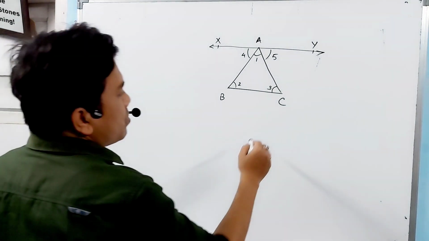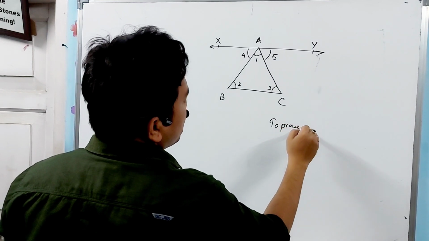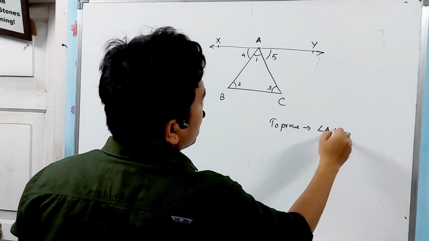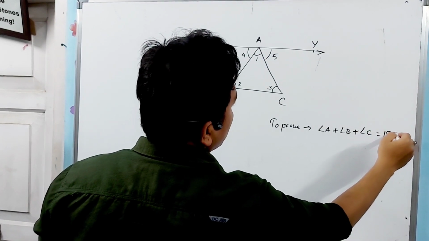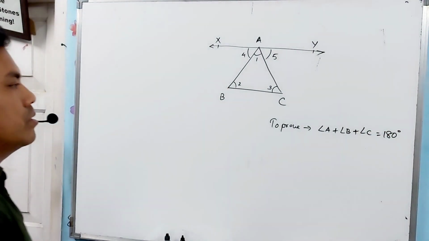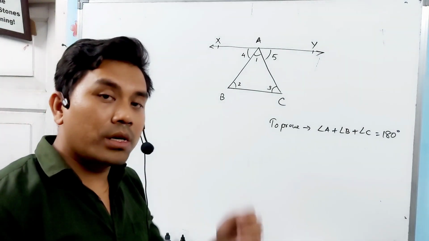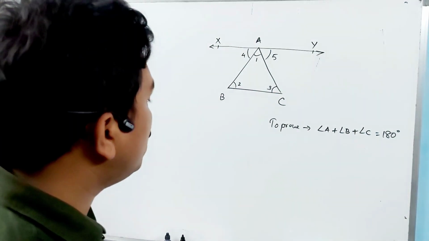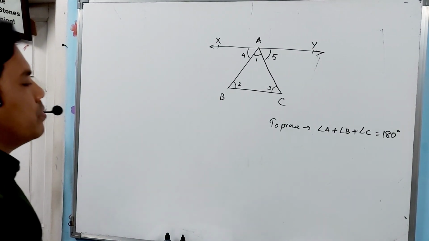Now we have to prove that angle A plus angle B plus angle C is equal to 180 degrees. It's very simple. Last year we covered this in class 8 also, so we'll just revise. Now we had a property